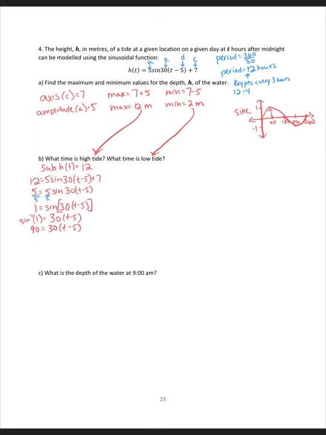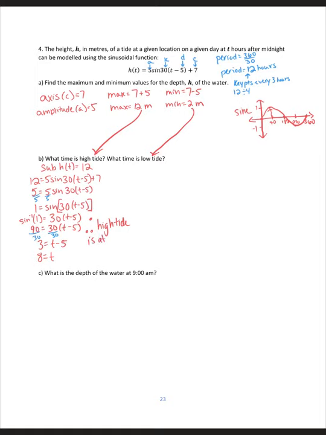I'm going to divide both sides by 30 now. So we'll have 3 equals t minus 5. And then finally, we're going to add 5 to both sides. So we'll see that t equals 8. So therefore, high tide